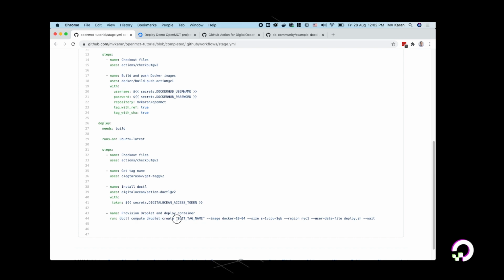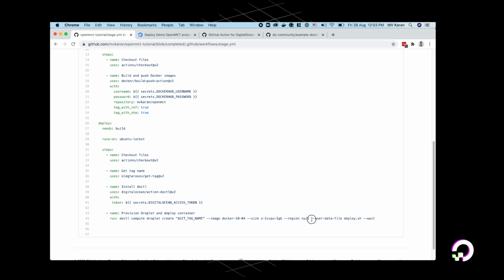The name of the server is the tag name, and this is exposed by the get tag name action that we've used before. The image that we'll be using is a Docker one-click using Ubuntu 18.04. The size is the $5 droplet, this is the slug of it, and the region is NYC1.